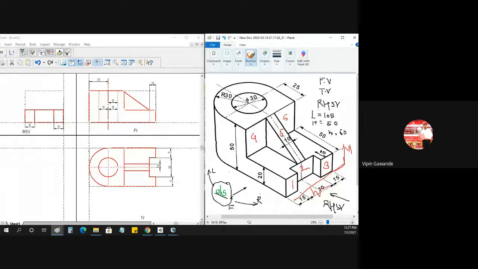So we'll first draw this 4 and 5. That 4 and 5 will come something like this here. It will take that dimension, so we are going up from this one. This is 30. We will complete this total rectangle like this. So we have drawn 4 and 5. In between this 4 and 5, we have this rib.